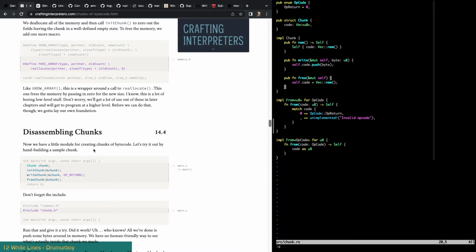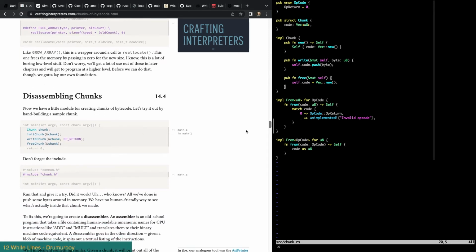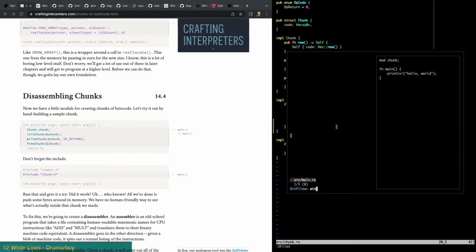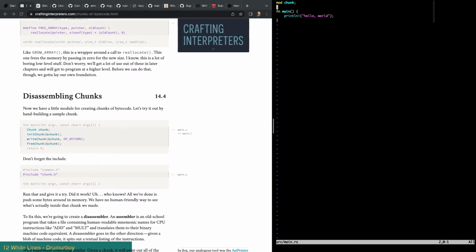Now that we have a little module for creating chunks of bytecode, let's try it out by hand building a sample chunk. All right, so in main, there we go. We can say use chunk star. And here in main, we can say let chunk equals Chunk::new. That automatically does the init chunk. We can say chunk dot write